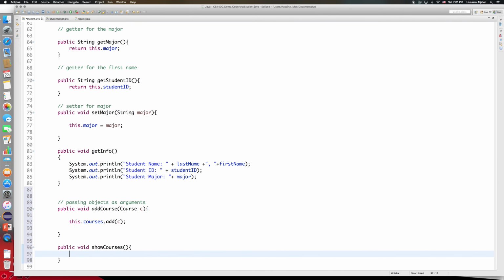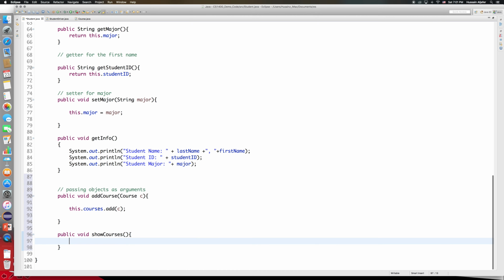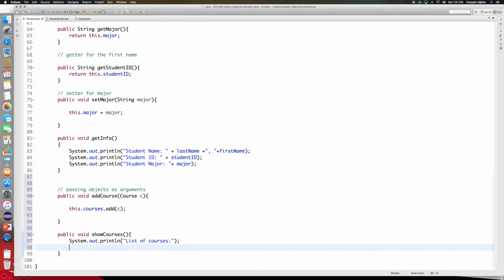What I'll need to do here is loop over this courses ArrayList. So System.out.println list of courses, and then after this I'll create a for loop,